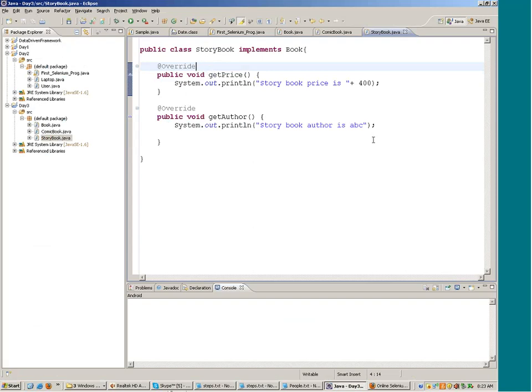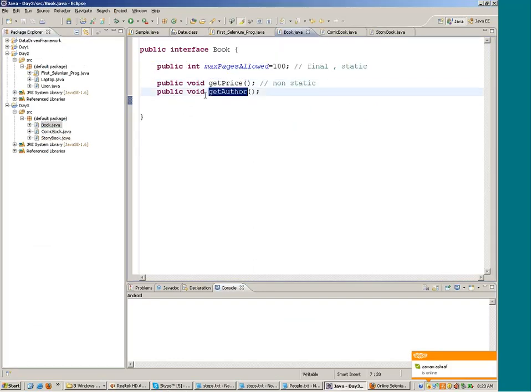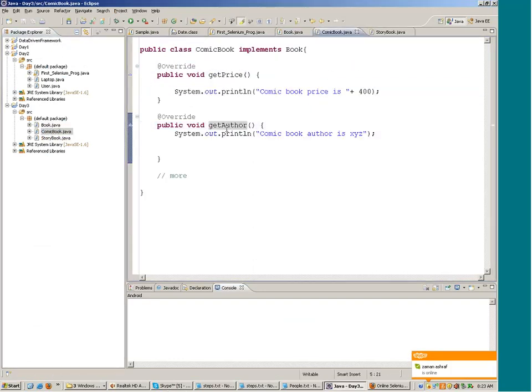Yeah, this is a kind of inheritance itself. This is inheritance, a class acquiring properties of another class. Like this is the book interface, and comic book is acquiring functions from the book interface. Now coming over to the practical aspect of it,